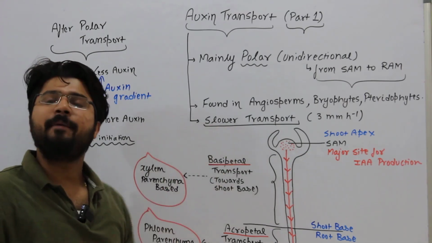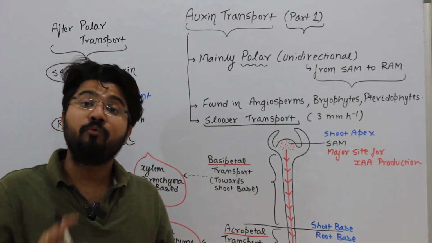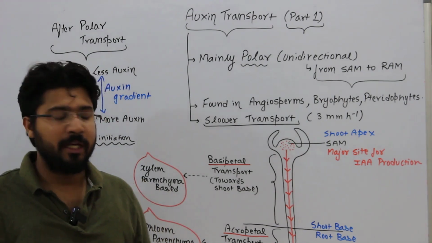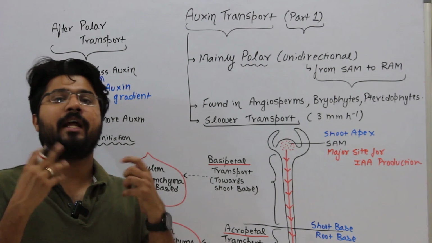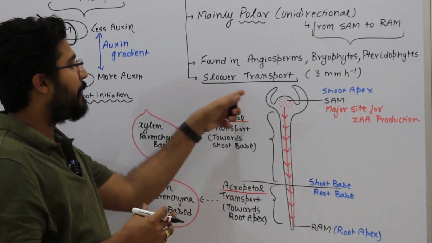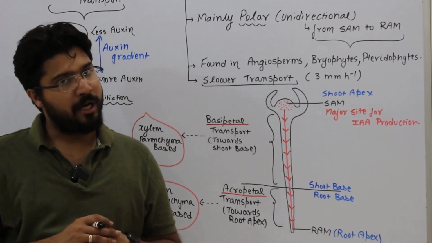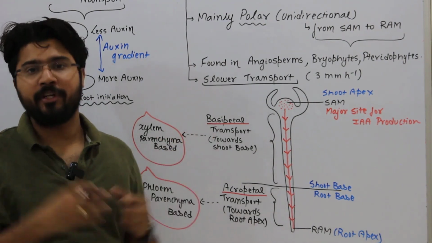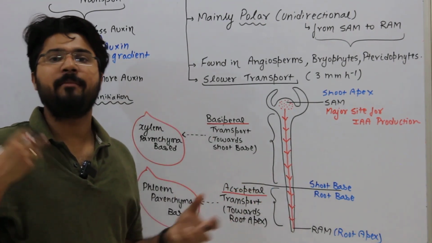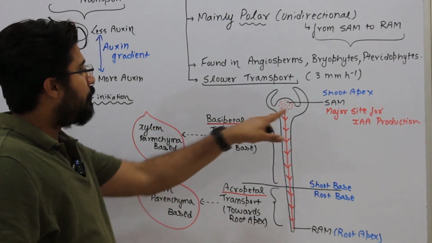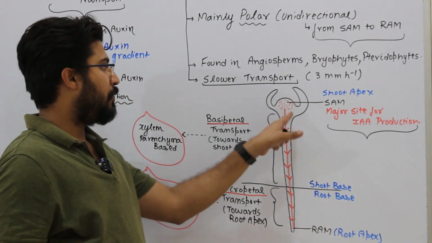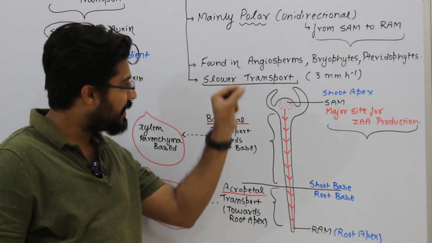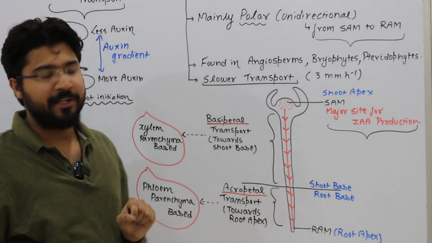Coming on to the concept of the transport. How do we basically understand this transport? I have shown an embryonic seedling or an embryonic system where I have depicted that SAM and RAM are two centers, the embryonic centers called shoot apical meristem and root apical meristem. Now, SAM is one of the major sites for IAA production. So with red dots, you can see that IAA has been shown accumulated inside it.